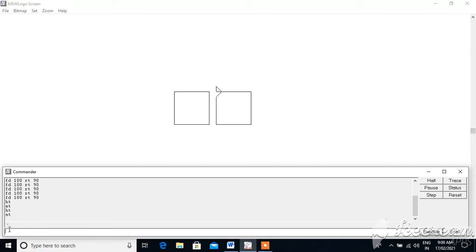Pen erase means like an eraser. If you don't want any line on the screen, you can erase that line with the pen erase command. And if you want to paint something again, you use the pen paint command to paint that line.